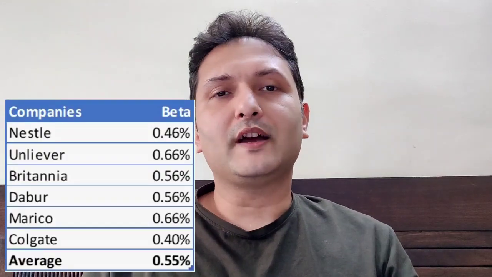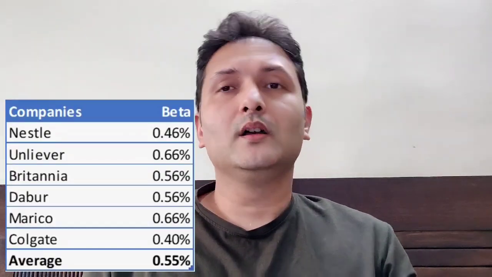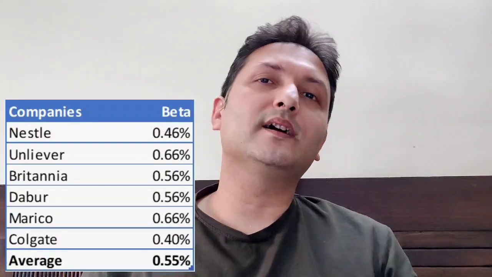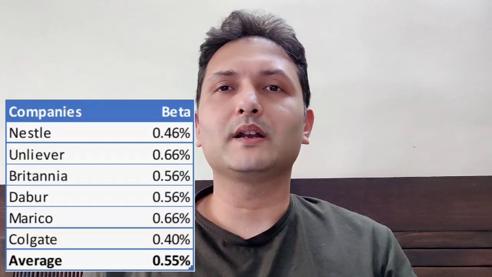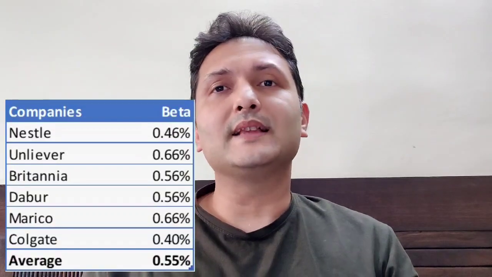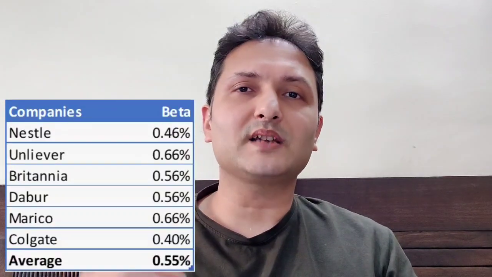Say if FMCG companies trade at 0.5, 0.6 kind of beta, and this lower beta provides a comfort to the portfolio in terms of lower volatility whenever there is turmoil in the market. Hence, despite these companies being at a much higher valuation, they give comfort to portfolio construction in reducing the risk for the portfolio. Having companies with 0.5, 0.6 beta will reduce the volatility at a portfolio level.